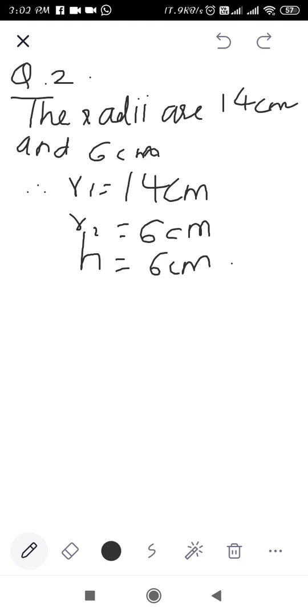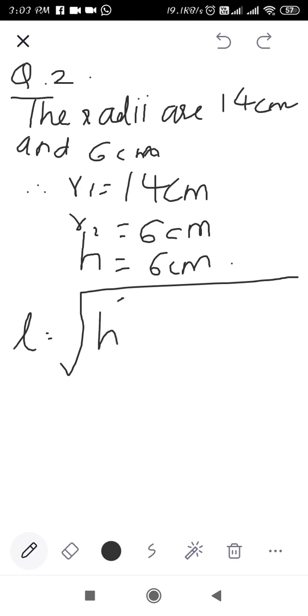That is, first one is curved surface area. So first of all, curved surface area is pi l into r1 plus r2. So to find out l, now look here, it's given r1, r2, h, but l is not given, so that we are supposed to find. We'll use a formula to find the slant height l, and the formula for that is l equals under root h square plus r1 minus r2 whole square.